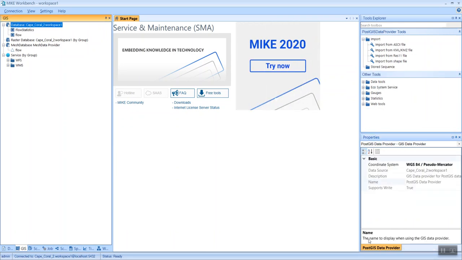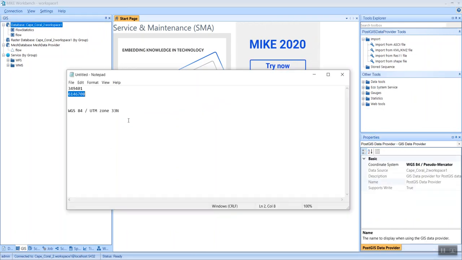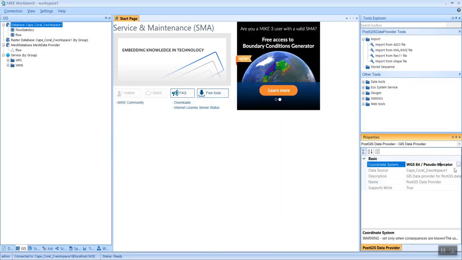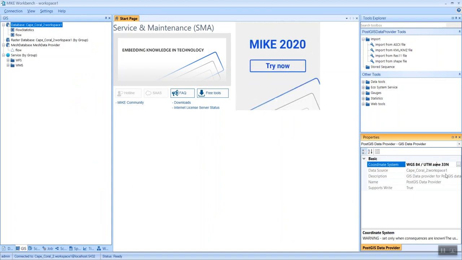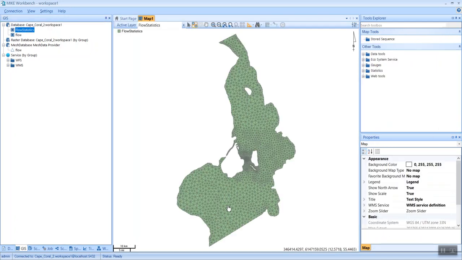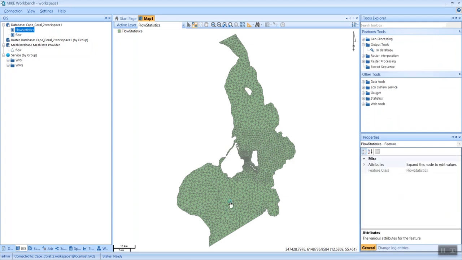So the first thing you need to do is to specify, I will copy it here, by clicking on database, you can specify the coordinate system of MIKE Workbench. Okay, so now we are working with the correct coordinate system. Then you will open the file here, and you can see, for example, we can pick this element here, and at the bottom part of the map, right here, we can see the coordinate system. So the numbers you want to copy and paste are really the numbers on the left here. So if you input this into the tool, you will be able to retrieve the right value.